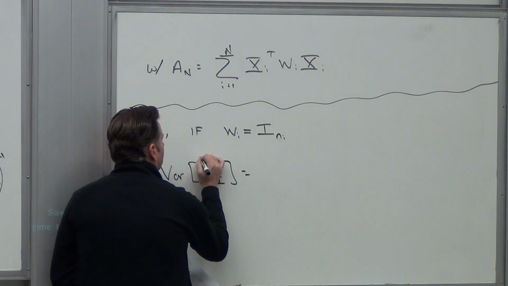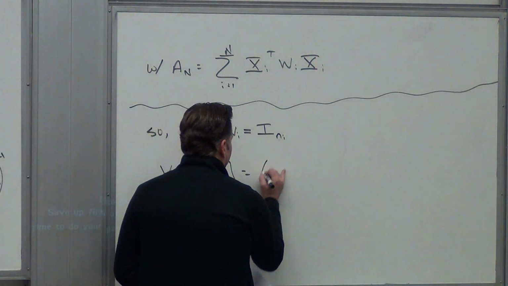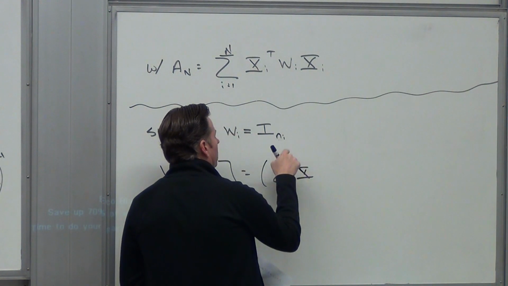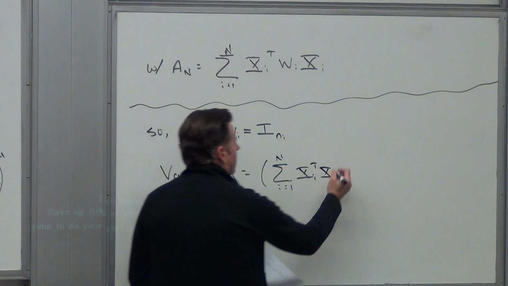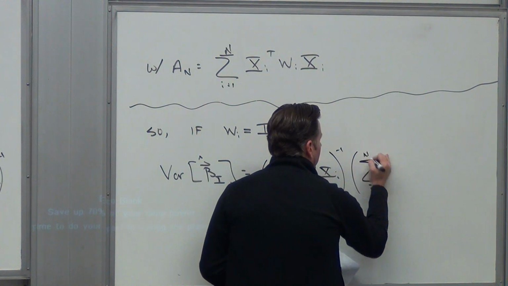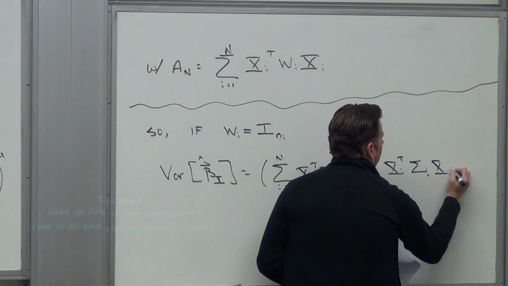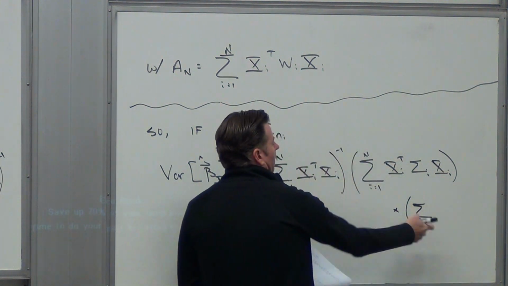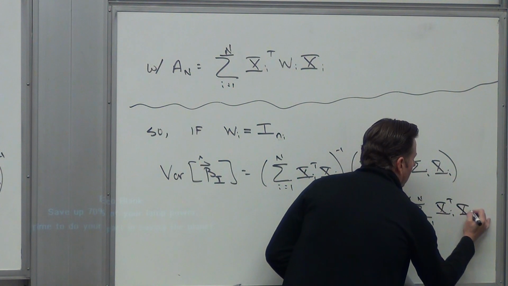So for that case, the variance of beta hat subscript I, the independence model, would simply come down to being the inverse of the sum over i, 1 to capital N, of xi transpose xi. My w is going away. What I will have sandwiched in the middle is xi transpose sigma i, the true variance of the yi's, xi. And then finally, I'll get the same thing on the other side of my sandwich, the inverse of the sum over i equal 1 to capital N of xi transpose xi.